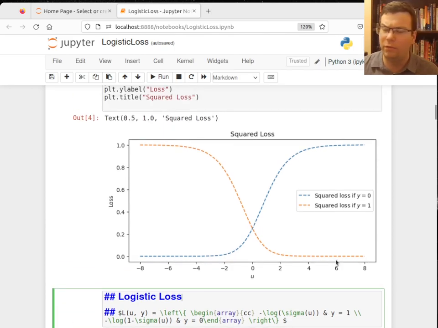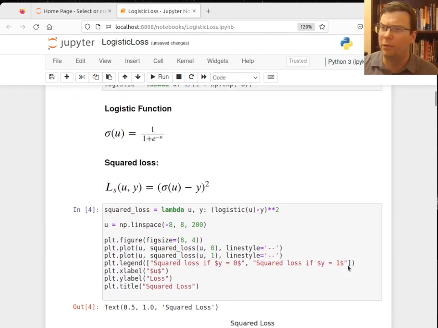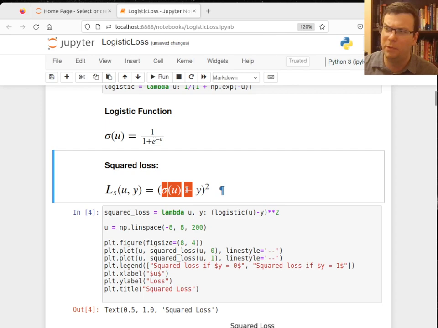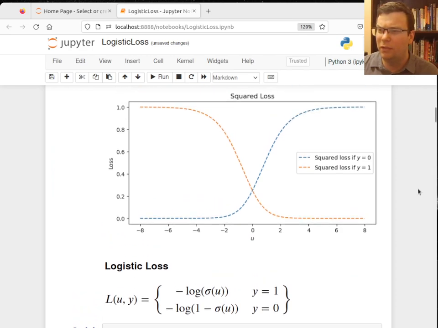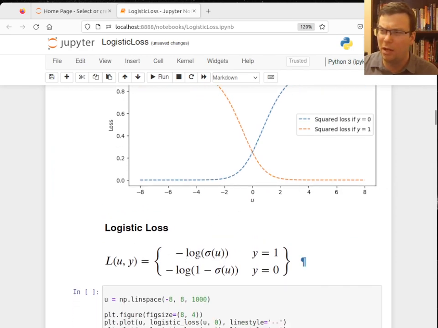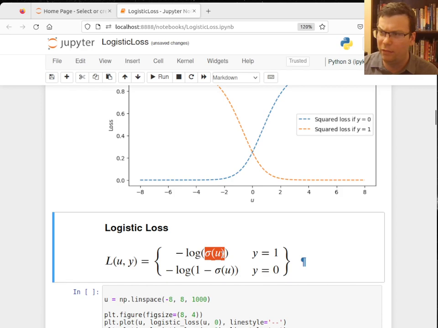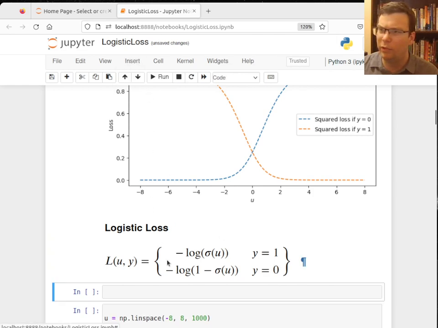And it's a little bit less intuitive to define than the squared loss, because for the squared loss, hey, it was just the difference between what the output was and what it was supposed to be. With logistic loss, it's a little bit different. It's the negative log of the estimate if the output's supposed to be 1, or the loss is the negative log of 1 minus the estimate if the output's supposed to be 0. Now we can write this a little bit more simply, actually, as